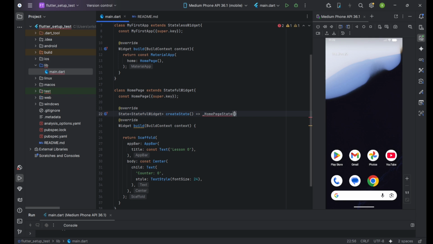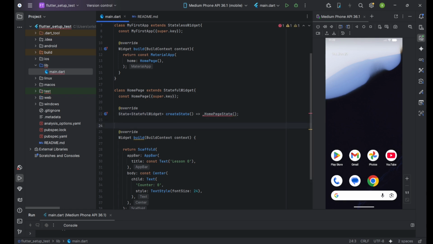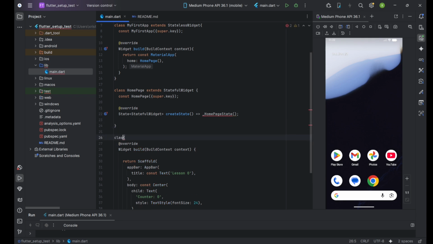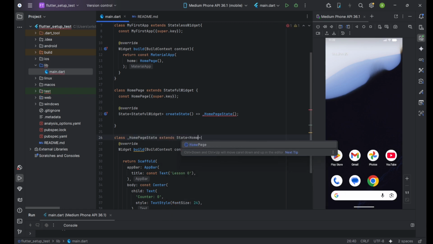It's going to be the home page state, and then we close this. Now we are going to make the page state class which extends State of type home page. Inside here